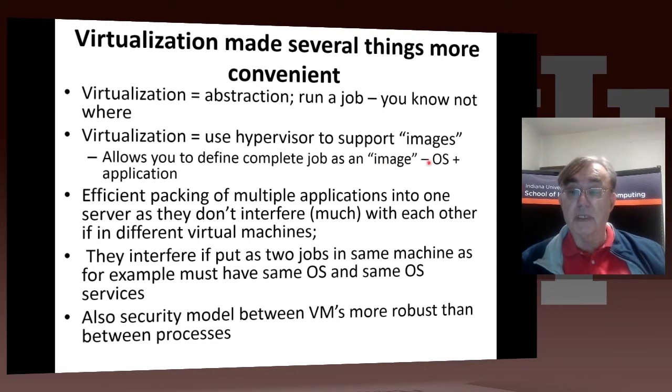So the use of images is technically very important. Each cloud tends to have its own exact image format, but once you produce an Amazon image, it will run on any Amazon machine, and there's no problem. Whereas if I take any job, the chance of it running on any given operating system is essentially zero. Unfortunate, but true. And this allows us to pack these, because a given machine can support many images and many virtual machines, essentially. We can pack many applications onto a single server. They don't interfere very much with each other.